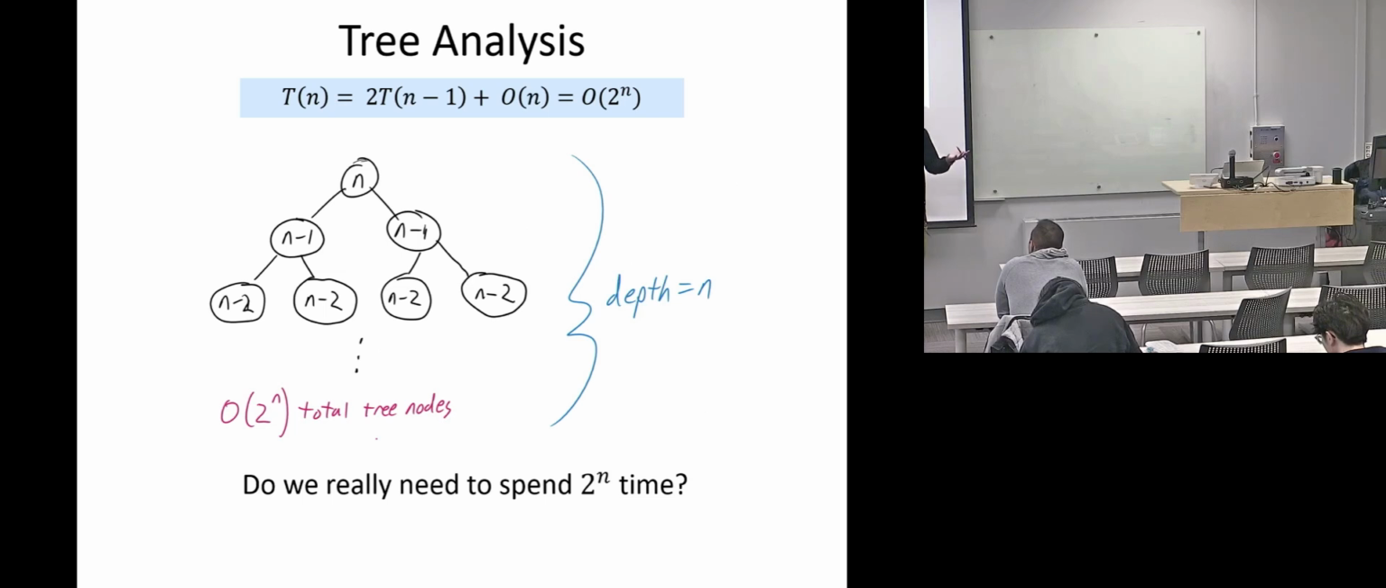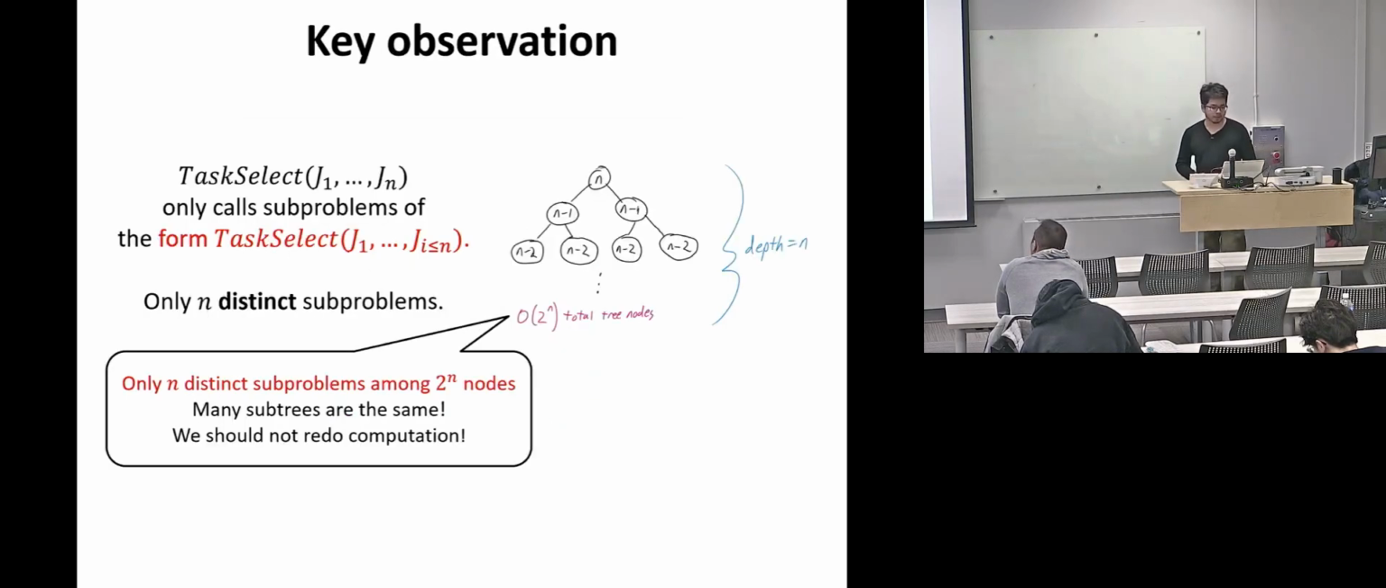Many of these subproblems actually look like the same subproblem. They overlap, or sometimes they are even the same. So the way we recurse is just recomputing the same thing again and again and again. Not good, right? And to make this formal, you can see that